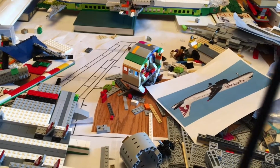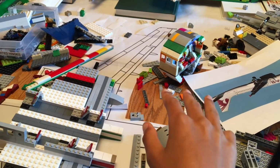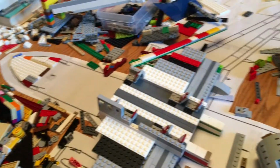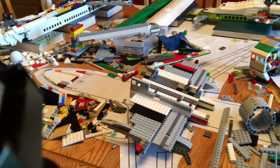Fuselage cutout's doing great. I really like the design I made. So that's almost definitely my final option for the fuselage. Parts are not being ordered right now. I don't have enough money. But they will be ordered in a couple months. No, not in a couple months. I have no idea. But I should be able to order lights soon if...